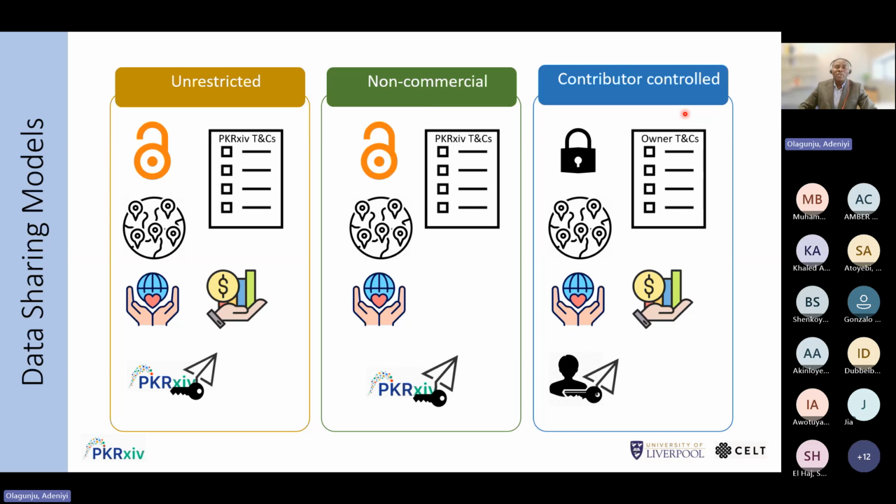that you've submitted. On the other hand, for contributor controlled, the decisions to release data sets shared under this model are made by the data owner. And you can see that it's owner terms and conditions. So if you request a data set that is shared under this model, the owner of the data set will receive an email and they would make the decision about releasing the data set to you. And one of the things that will help them to decide is